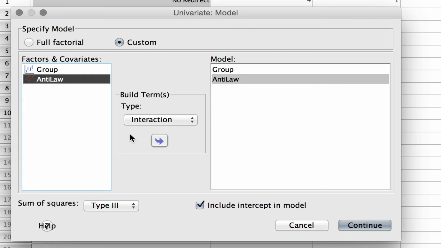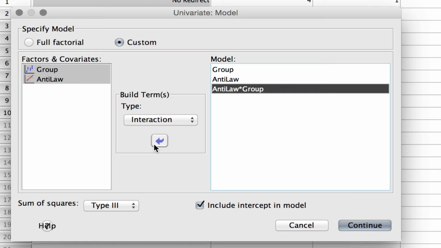We've already got Build Term set to Interaction here. So if we select both of our variables and press the arrow, we'll get the interaction between our covariate and our group variable. That's what we want. So we're just going to hit Continue